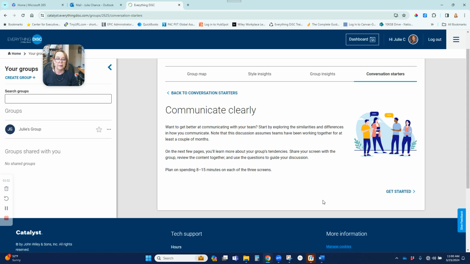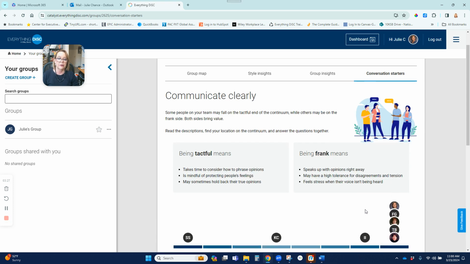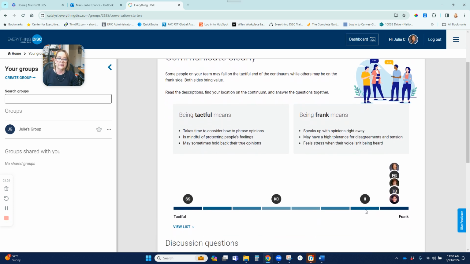to be on the next few pages, and says to plan on spending 8 to 15 minutes on the 3 screens that are part of this scenario. If you have a really large group, it might take longer. If you really want to have an in-depth conversation, it might take longer than that as well. And so we're going to click on Get Started, and we've got one of the group continua here, which